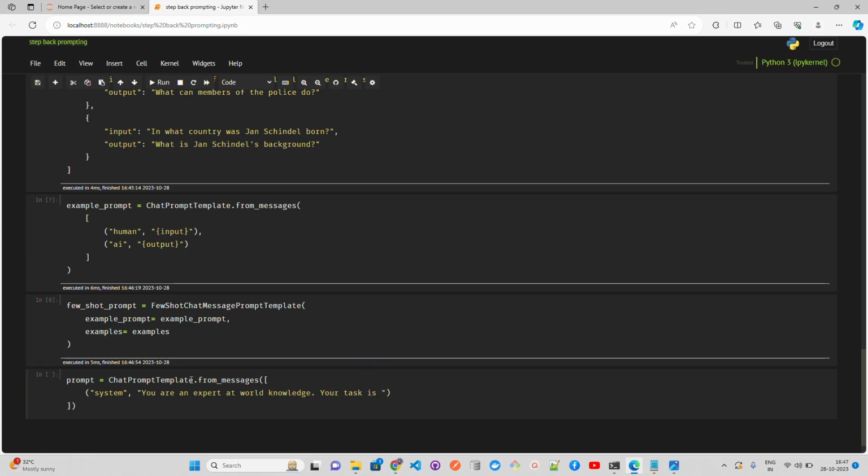So it's a role based prompting that we are doing, a very simple one. Your task is to step back and paraphrase a question to a more generic step back question,